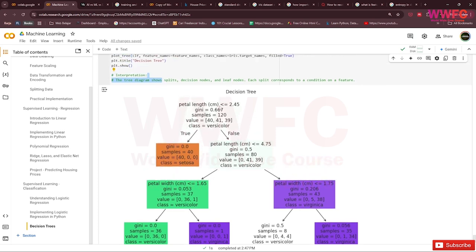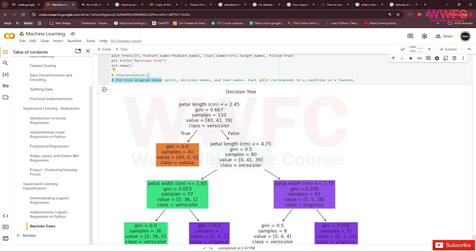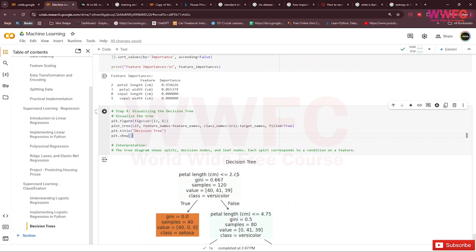So it's really simple, but maybe I don't explain it that simply. Here, if petal length is under 2.45, and true, yes, then its class is setosa, right? But if false, the class is versicolor, something like this. So yeah, it's a decision tree like this.